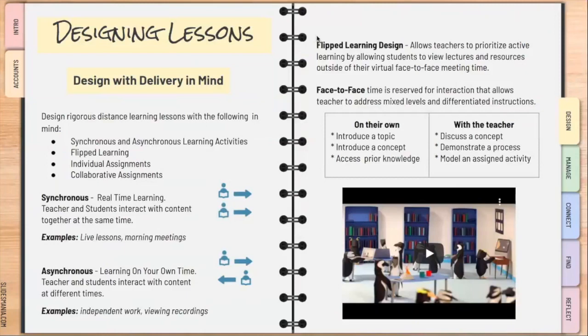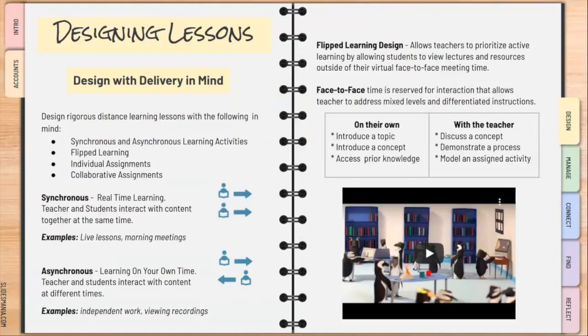You also want to keep in mind flipped learning design. This is something that is probably going to be really helpful to think about as you're designing your lessons. In the flipped learning design, you provide students information to look at and to review at a different time than when you meet with them. So they're looking at the information on their own at a time that's separate from you. And then when you come together and you're face to face, that's when you have activities that assign greater meaning to the content that you're covering.